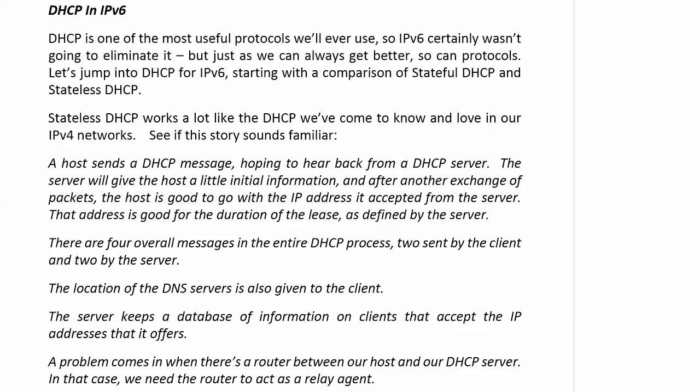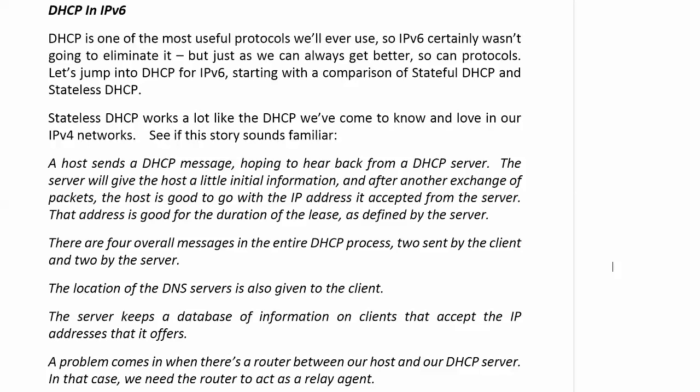Let me see if this little story I wrote here sounds familiar to you. A host sends a DHCP message hoping to hear back from a DHCP server. The server gives the host a little initial information, and after another exchange of packets, the host is good to go with the IP address it accepted from the server. That address is good for the duration of the lease as defined by the server itself. There are 4 overall messages in the entire DHCP process, 2 sent by the client, 2 sent by the server. The location of the DNS servers is also given to the client. The server keeps a database of information on clients that accept the IP addresses that it offers,